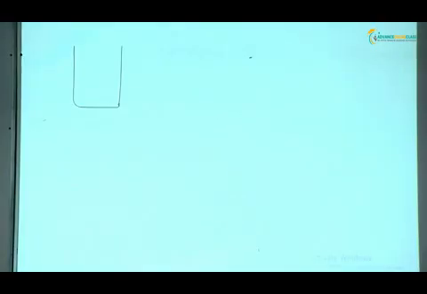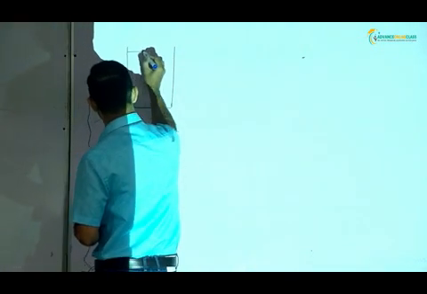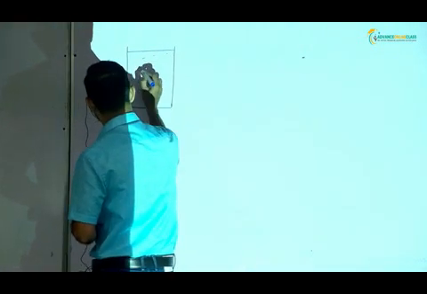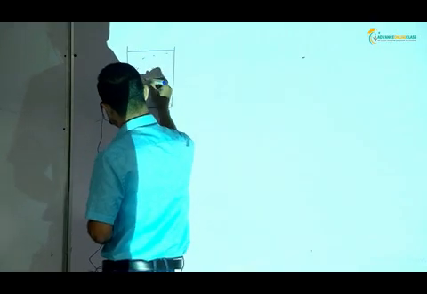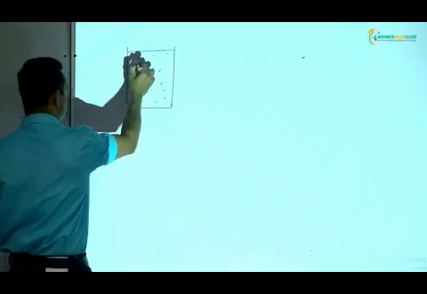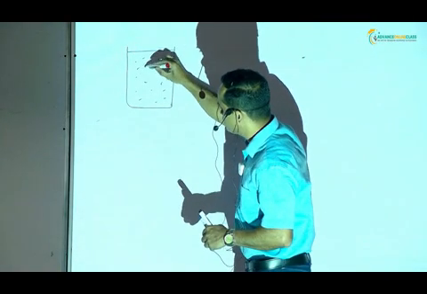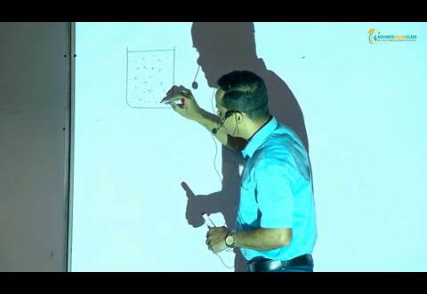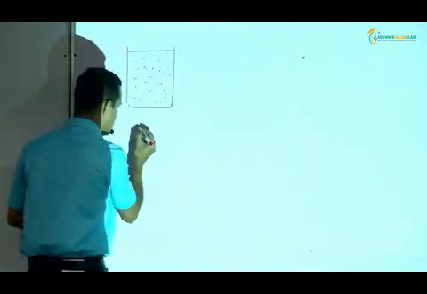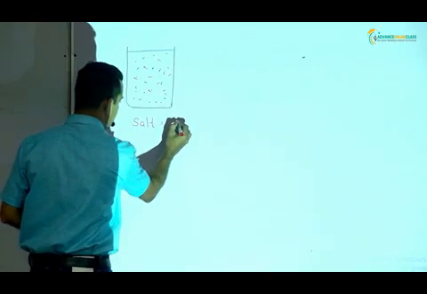Container, right? This container has solvent. Say it is water, water up to this level, and some salt also, red color. Assume that there is 1000